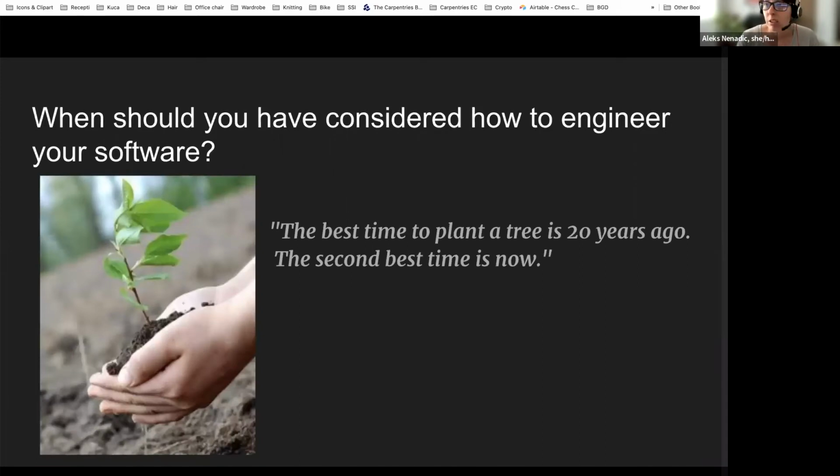Which brings us to another question. At which point in time should you have considered how to engineer your software properly? At which point do you cross a line between a proof of concept that will never see the light of the day, and